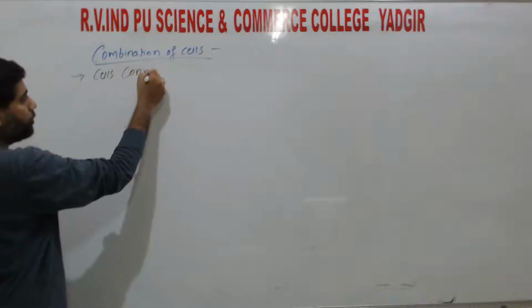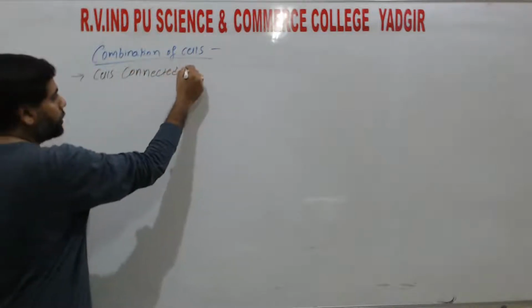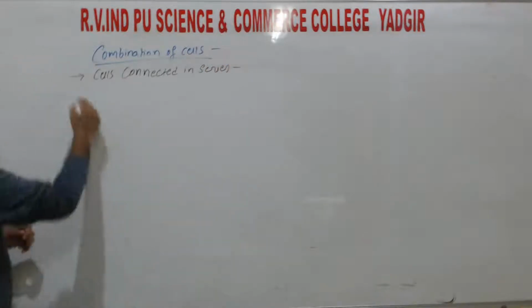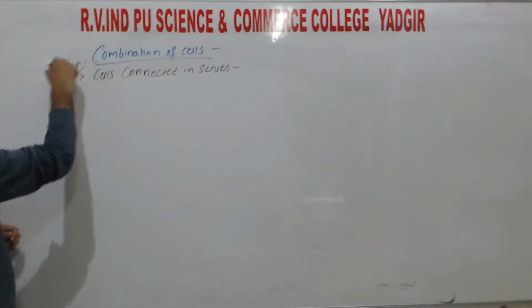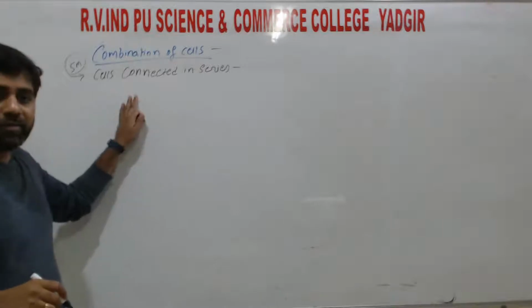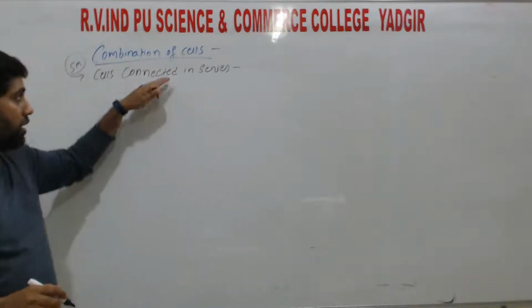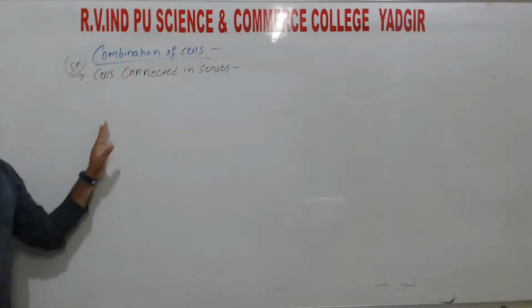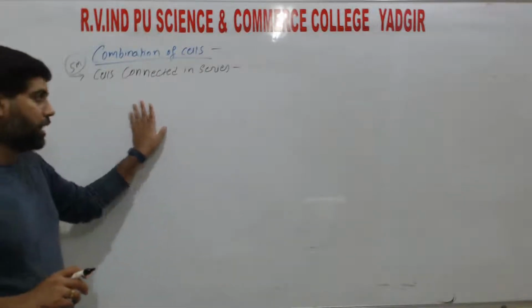connected in series. Very important for 5 marks. Either they ask for cells connected in series or connected in parallel. In 2019 they asked for the relation for two cells connected in parallel. Right, so same